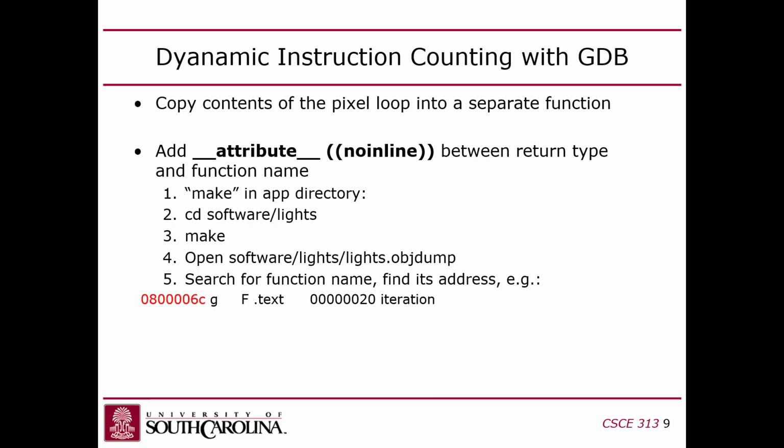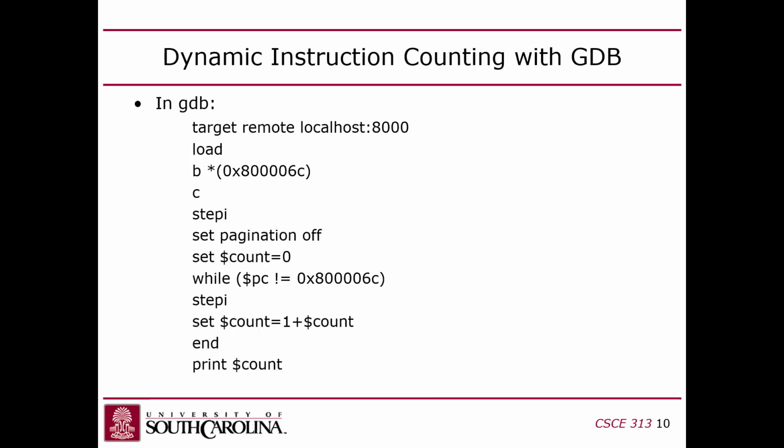Once you do that, you can open the object dump after you compile your code, and you can find that function in there. In my example, the name of my function was called iteration. After I built my software, I went into the lights.objectDump file, and I just searched for the name of that routine, and it's right there in the symbol table, and that's the address. I highlighted it in red. Make sense? So you need that address. Once you've got that,